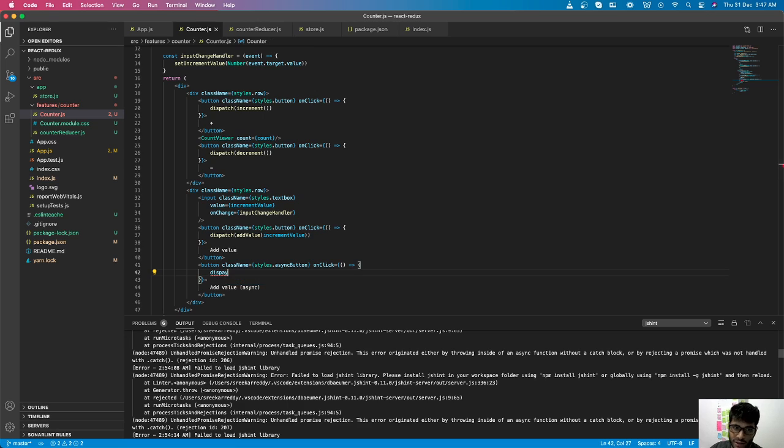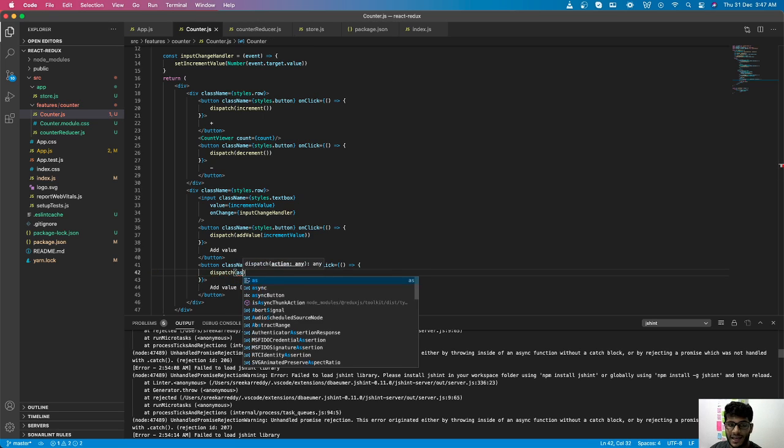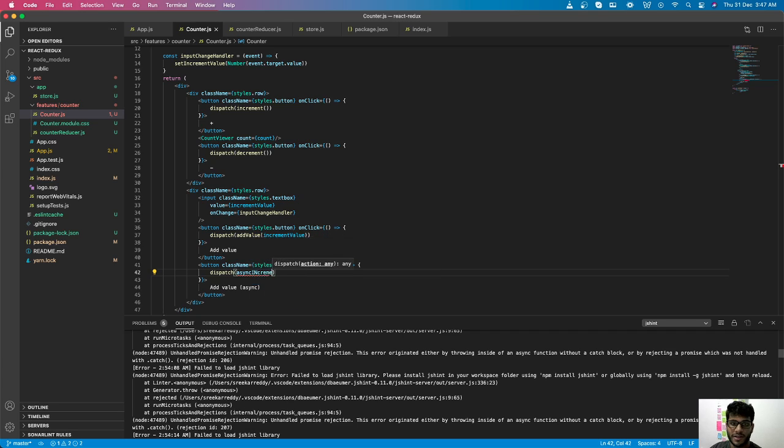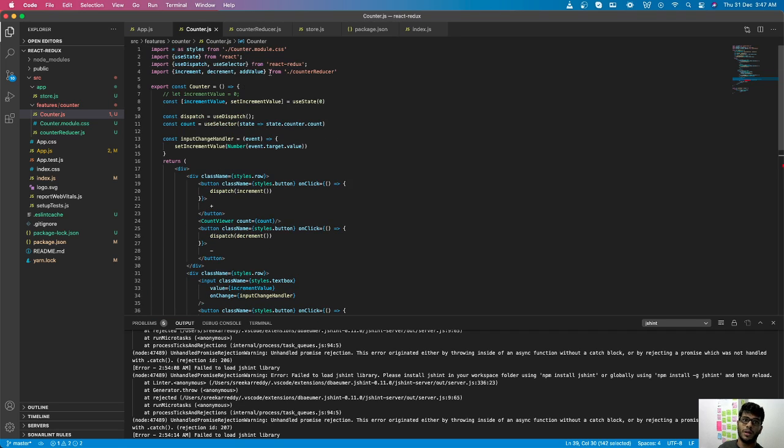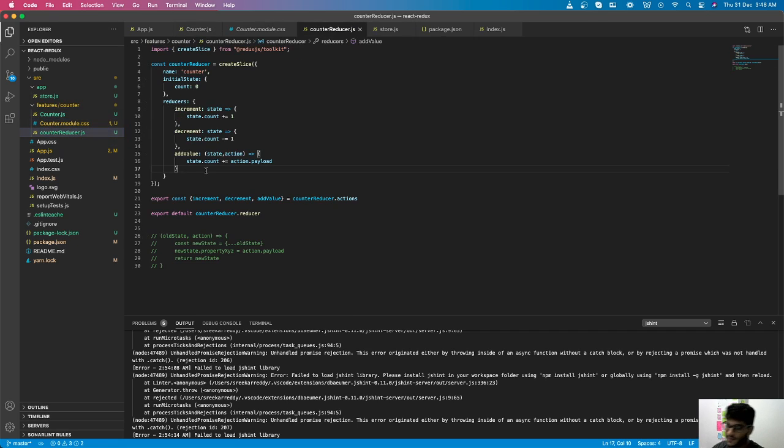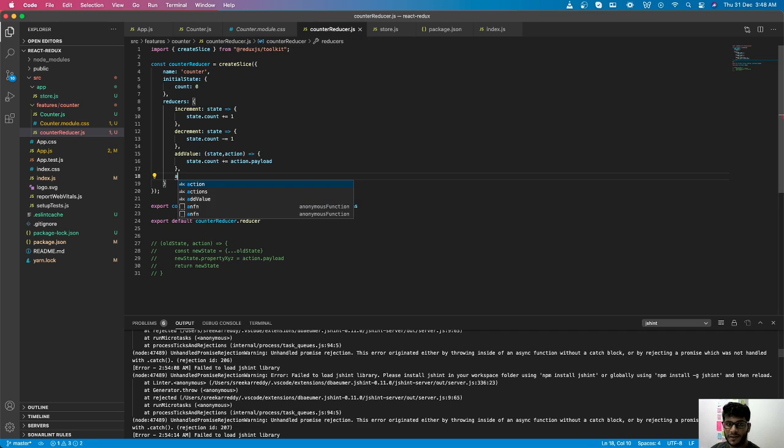So let's dispatch an action. We'll call this async increment, and we'll send in a payload, and this will be increment value. Async increment has not been created yet, so we will do that over here. We imported it, but we never quite created it, so let's fix that by doing something like this: async increment